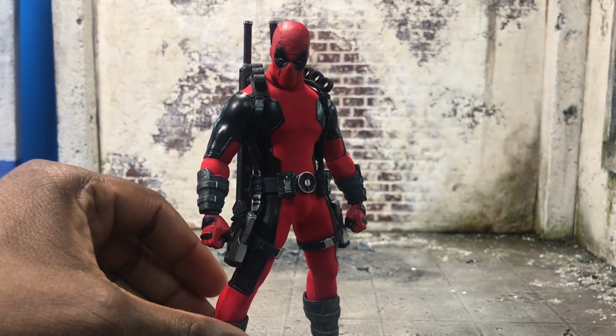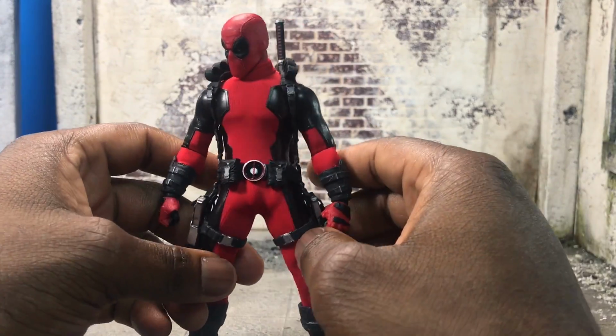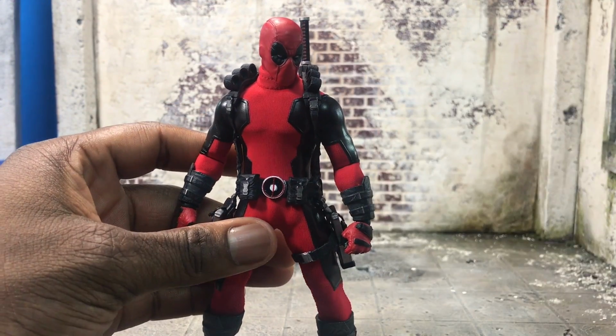If you've gotten the X-Men one, you already know what you're getting into articulation-wise. But the harness is different, the clothing is different, the heads are the same, but obviously painted different. But I'm still going to go over all those things so you guys can know what's going on. First and foremost, I'm going to start with the harness and then get into other things because I want to